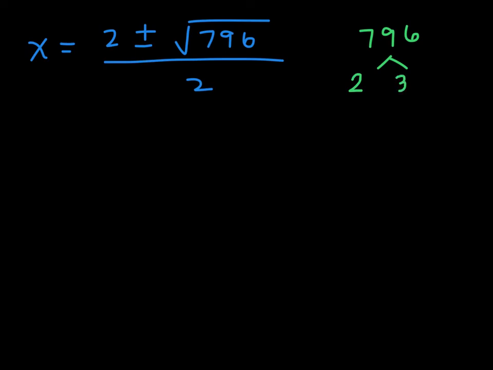398. Now 2 is prime, so we can go ahead and circle that. But 398 is not prime, so let's keep going. You can use 2 again because 398 is even. And half of 398, let's see, that'll be